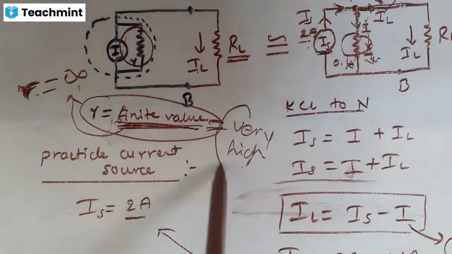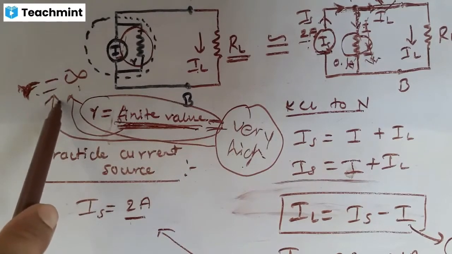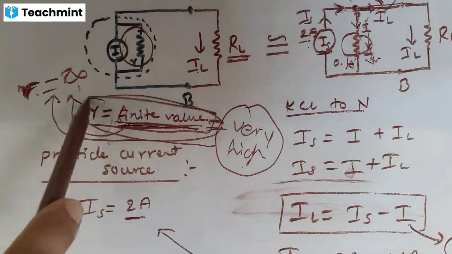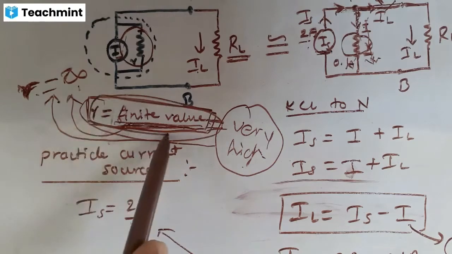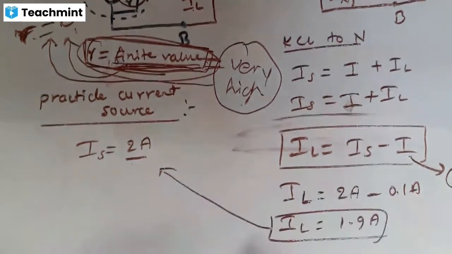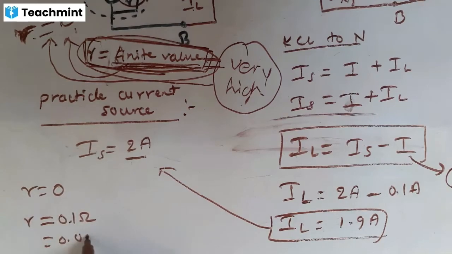Why choose a high value? Because it is approximately equal to the ideal case, that is R equal to infinite. Infinite means very high, no? So in a practical case also, we have to take a high resistance value connected in parallel. In a voltage source also, it is the same. In a voltage source, listen carefully. In a voltage source, R is equal to 0 for the ideal case. In a practical case, we have to take R almost equal to 0, for example, 0.1 ohm or 0.0001 ohm.